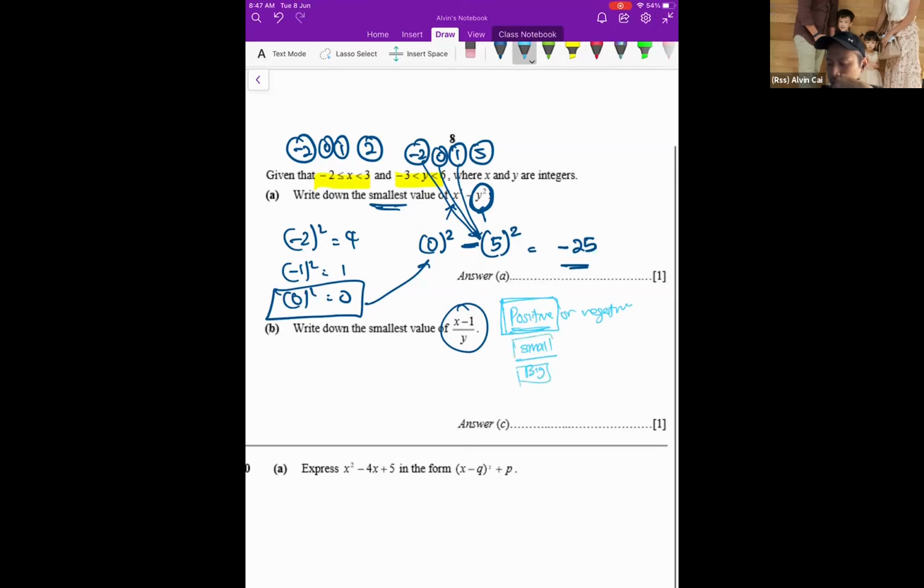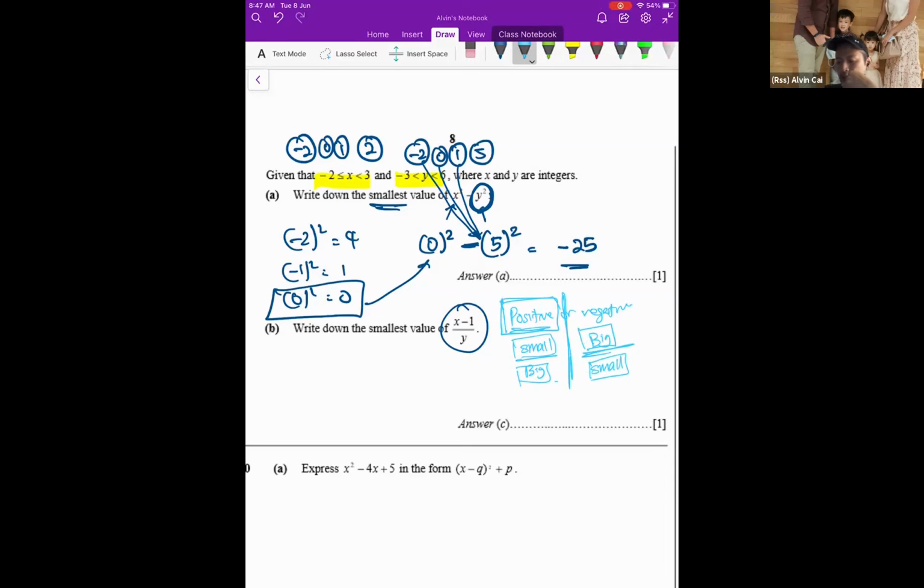The top must be, the bottom must be as big as possible if it's a positive fraction. But if it's a negative fraction, we want to be as small as possible. The top must be as big as possible. The bottom must be as small as possible. Okay, so